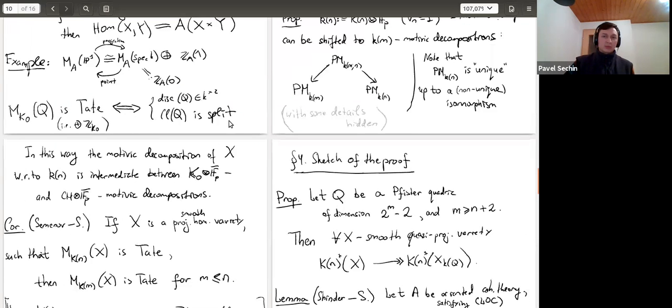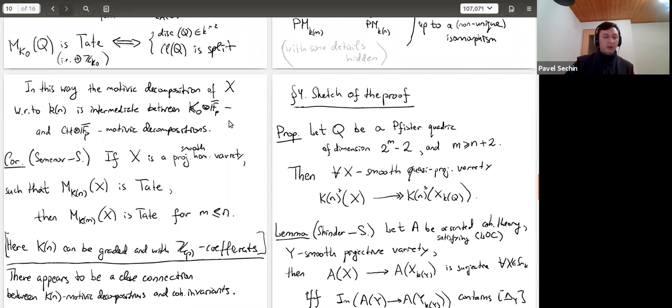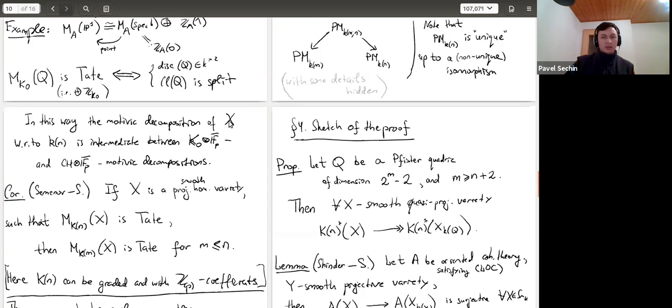Okay, so this is the end of the review part, I think. Now let me come to the main theorem and its proof. Are there any questions about this sort of recollection on all the motives and cohomology theories? Okay,